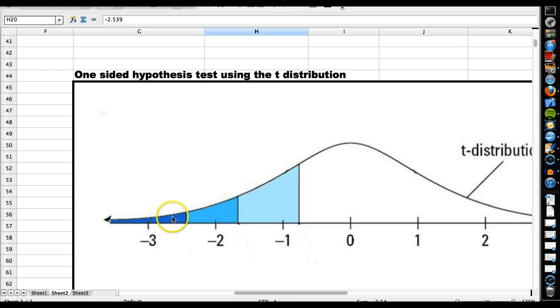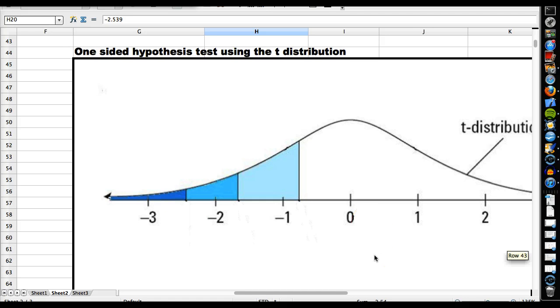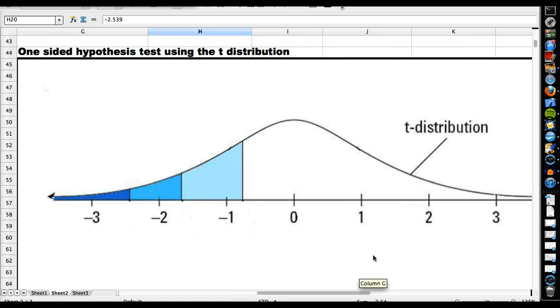Now what this means in practice is that if I conducted my test 100 times, I would get a sample mean located somewhere below this critical t-value. So if I calculated the test variable for each sample, I would get a test variable value that was above this critical value,